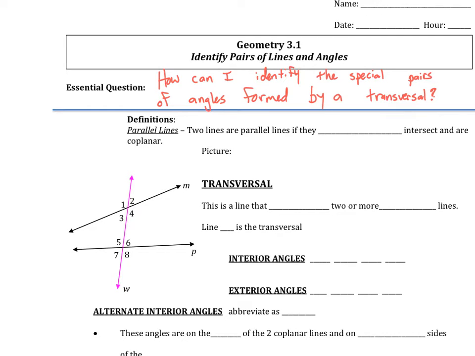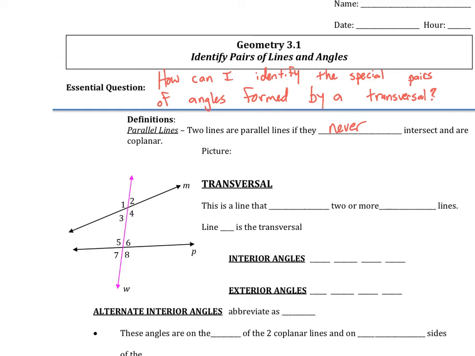Okay, chapter 3 begins with angle pairs, angle relationships, and transversals. This chapter is a lot about parallel lines and different types of angle pairs and what we know about them. So how can I identify the special pairs of angles formed by a transversal? Parallel lines, just to review, are two lines that are parallel if they never intersect